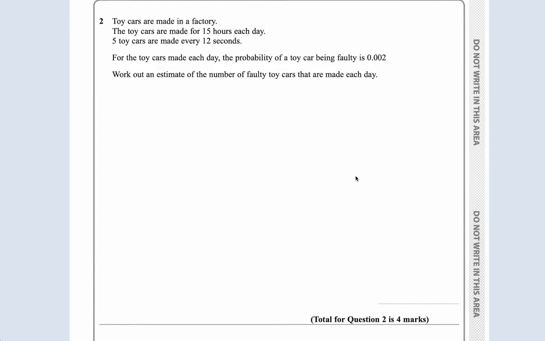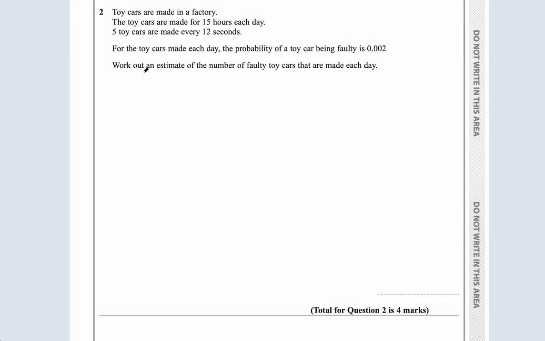Okay, question 2. Toy cars are made in a factory. The toy cars are made for 15 hours each day. 5 toy cars are made every 12 seconds. Okay, this is complicated. For the toy cars made each day, the probability of a toy car being faulty is 0.002. Work out an estimate of the number of faulty toy cars that are made each day, right? So this, guys, is checking a few things, but one of them is